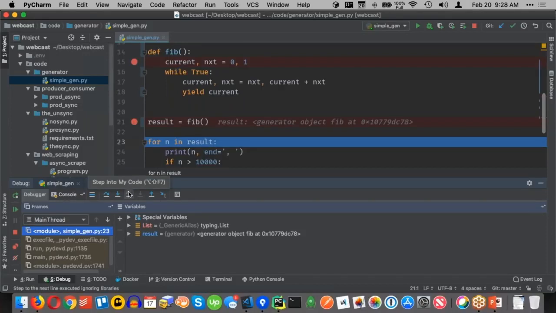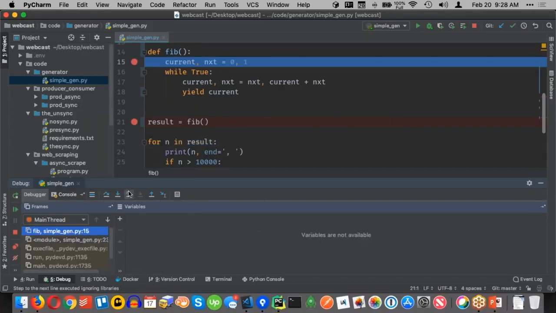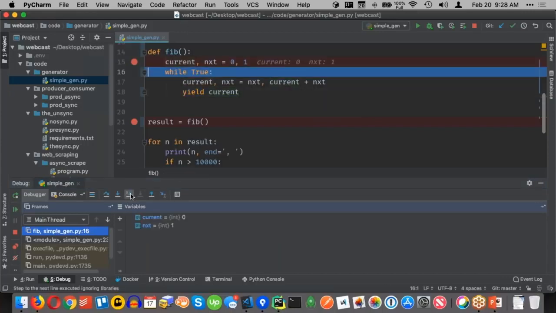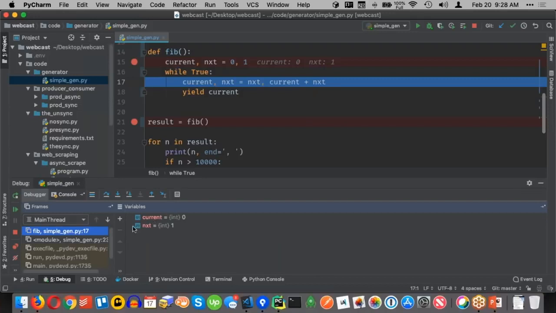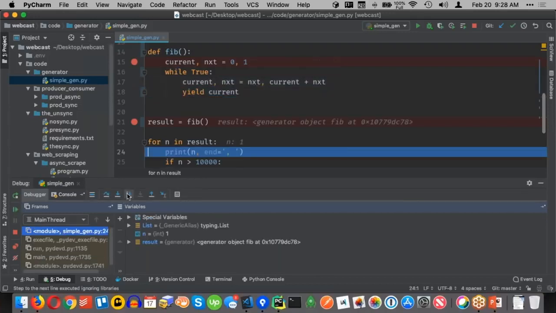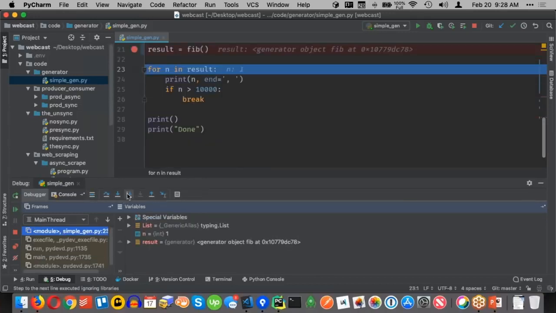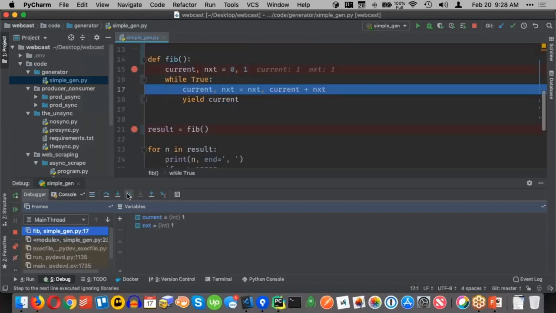As we pull on the generator, we can break this work into little bits, demarcated by yield, okay? So we could step in. Notice you can see current is 0, next is 1. I'm going to increment that, return 1, and then we're going to print 1 out, and now we're back in our code. And then we pull a little more, and we jump back in, restarting this function here on line 17 with those numbers. Let me bust through a few loops so it's more obvious. So now I'm back in, and it's 2 and 3, right?